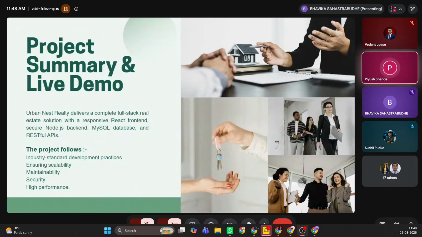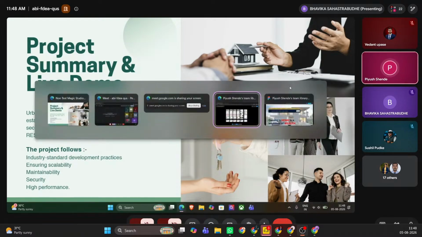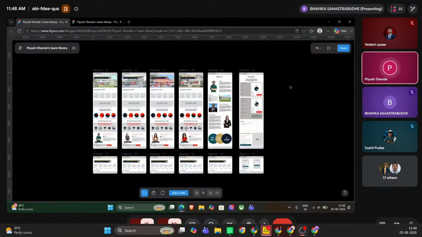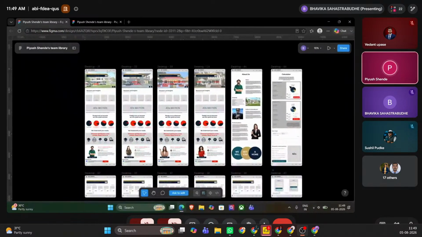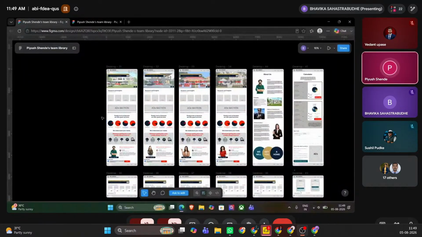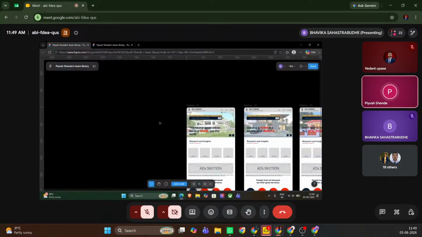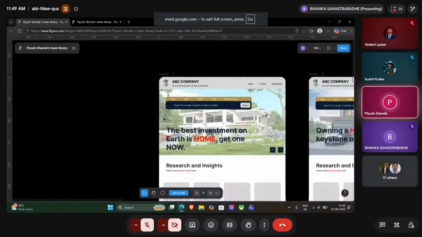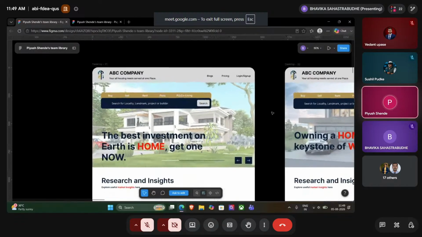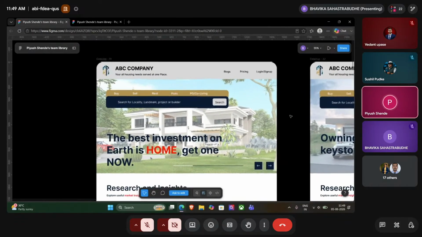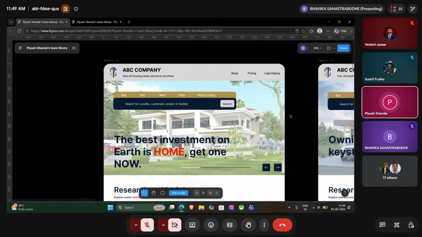Now, Urban Nest Realty is a real estate project which offers a variety of features to its users, admins, and customers. So, to achieve that, we first need to understand that every component must align properly. Also, it must serve its purpose so that users can use it properly. Since it is a white label platform, we intend for a variety of customers to use this kind of platform. So as you can see, here is our traditional structure, designed in Figma,